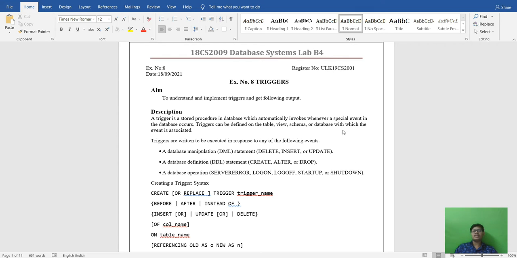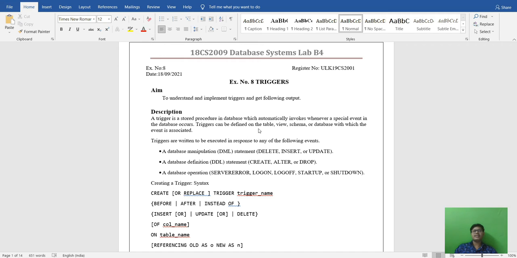You performing that action is like the database, and this is known as the trigger for that example. A trigger can be defined on a table, view, schema or database.